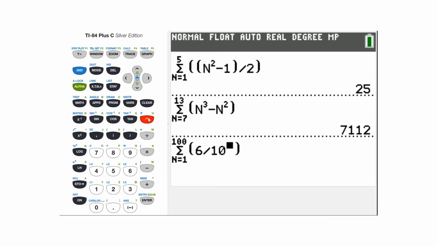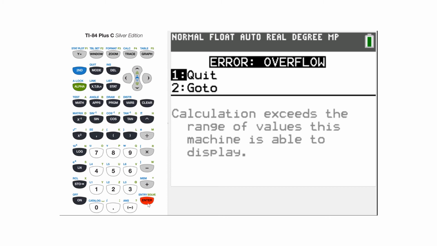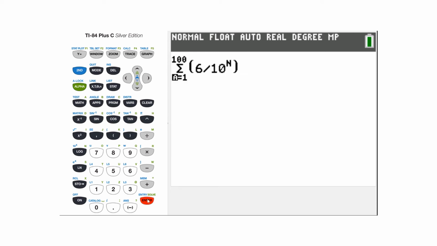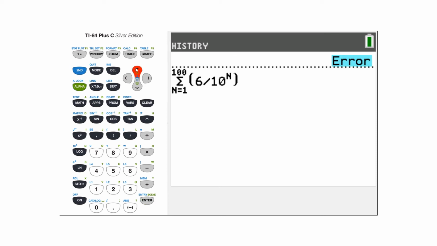So I'm going to hit caret alpha n. Move beyond my cursor. I'm going to hit enter. And I get this nasty error message. It says overflow. Calculation exceeds the range of values this machine is able to display. So I go, okay, well, let's see. What if I reduce that 100